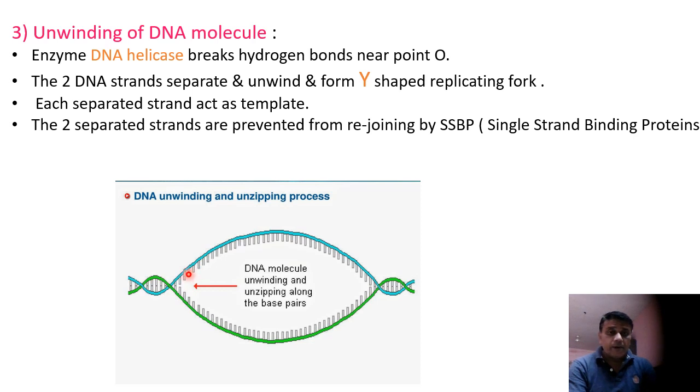Then each separated strand, that is this one and this one, acts as a template, or the site on which a new DNA strand is produced. Hence it is called the template strand. During the process of replication, these two DNA strands get separated from each other, but sometimes they may rejoin with each other. So to prevent these strands from joining,